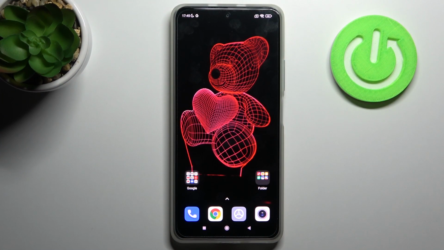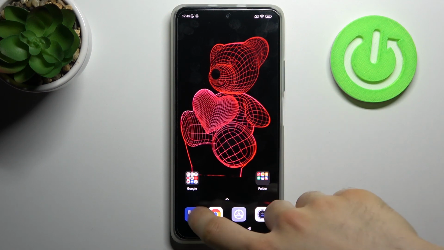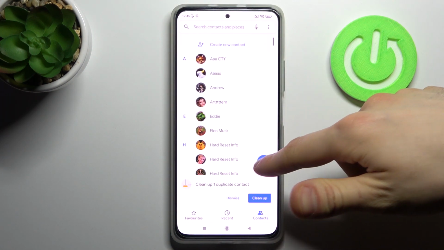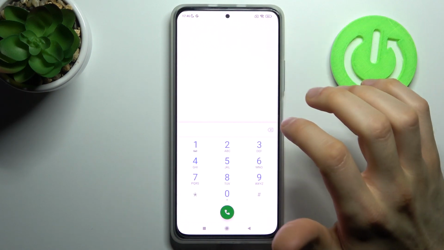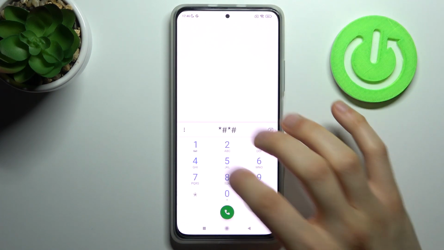Here I have Xiaomi Redmi K40, and today I'm going to show you how to enter secret codes on this device and also some of these secret codes. So to enter secret codes, just open the phone application, open the keypad on it and enter the secret codes here. And the first code for today will be *##4636